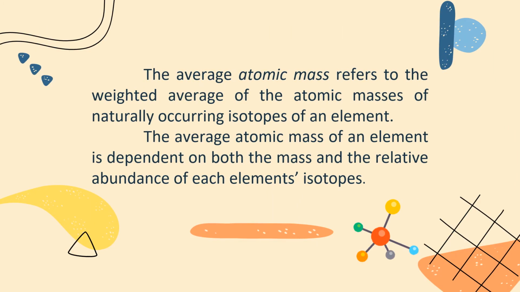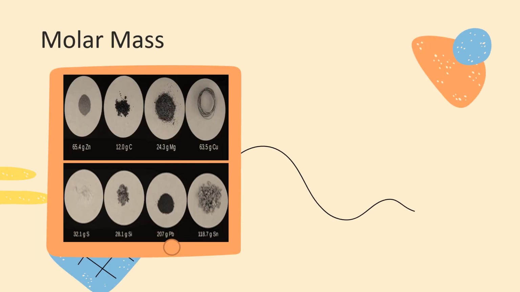The average atomic mass refers to the weighted average of the atomic masses of naturally occurring isotopes of an element. The average atomic mass of an element is dependent on both the mass and the relative abundance of each of the element's isotopes. As you can see, you have different samples of